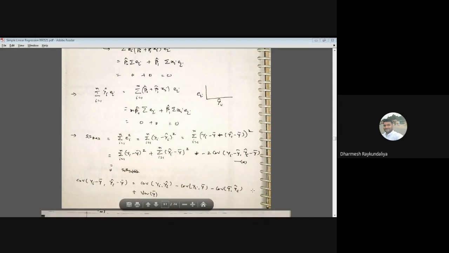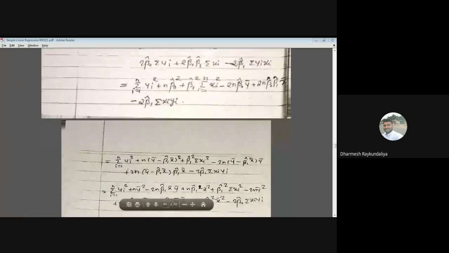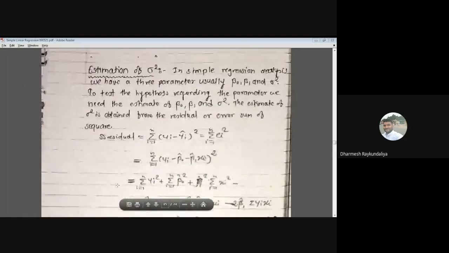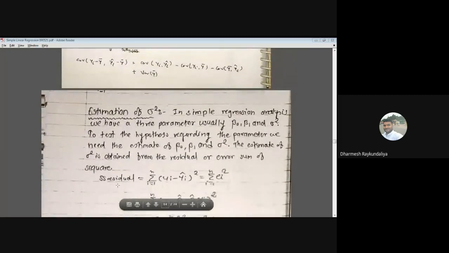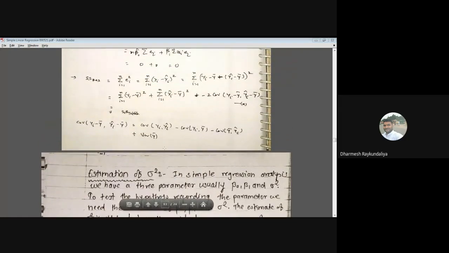So first we have to find out the covariance between them. So covariance between the yi minus y bar क्या आएगा? Is it 0? ये आपको 0 प्रूव करना पड़ेगा. तभी क्या हुआ कि सम ऑफ स्क्वायर ड्यू टू रेसिडुअल्स इज ए सम ऑफ स्क्वायर ड्यू टू टोटल्स एंड सम ऑफ स्क्वायर ड्यू टू रिग्रेशन. लेकिन वो हम आगे प्रूव करते हैं when we come to that. Okay.